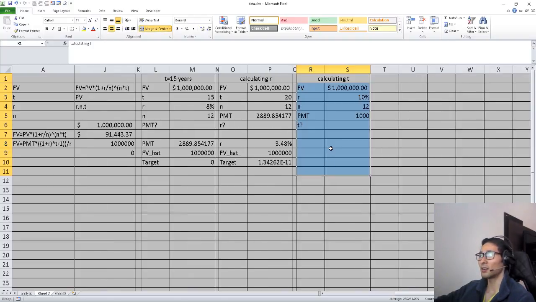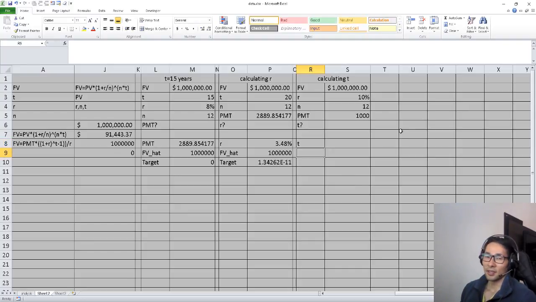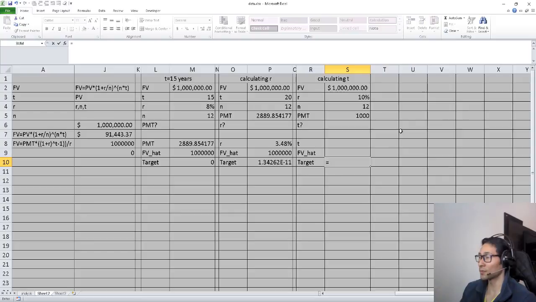And now let's see our final scenario. I want to calculate the time to reach $1 million in an investment with a 10% yearly return rate. So let's follow our 5-rule guideline again. First, my model, again in cell A8. Second, my decision variable, time. Third, let's define the target. So again, the target will be FV hat, and then target equals FV hat minus FV 1 million